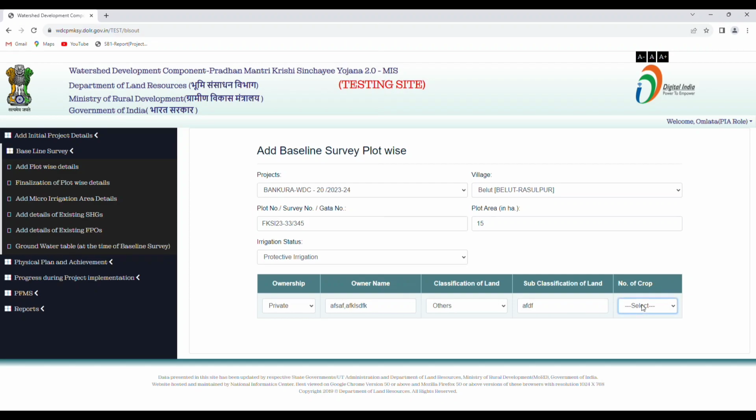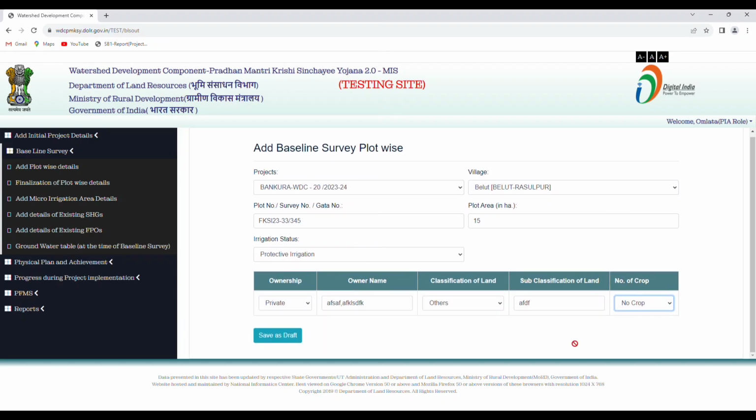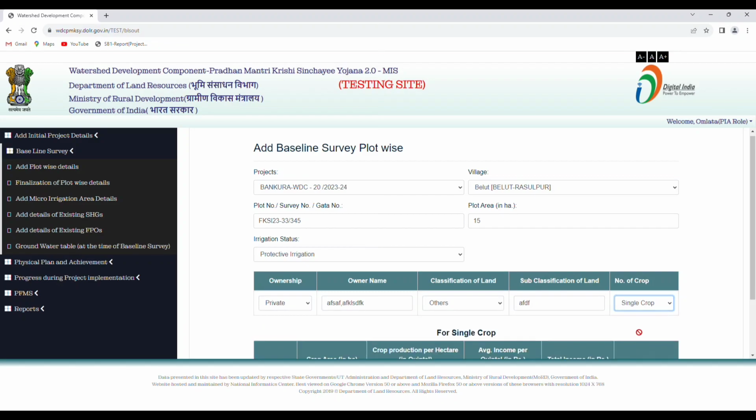select the number of crops from the drop-down menu. If there is no crop in the plot, then there are no further entries. You can save the data in a draft mode. If there is a single crop, then you have to provide the crop information. To add the crop details,